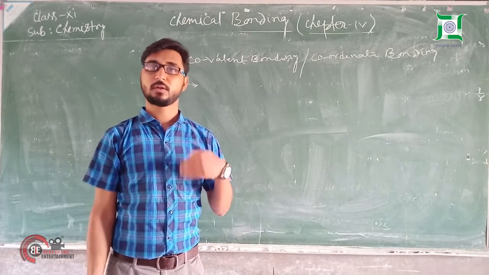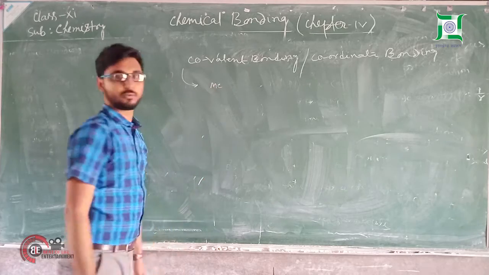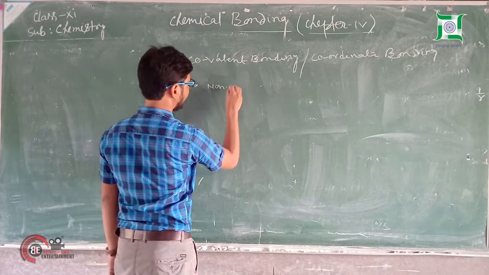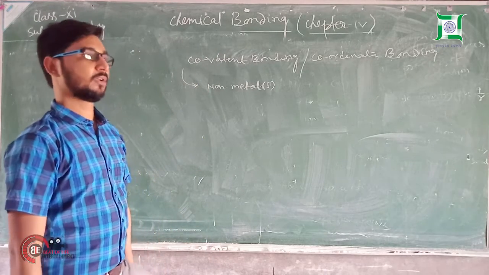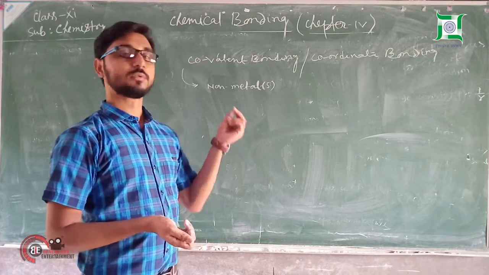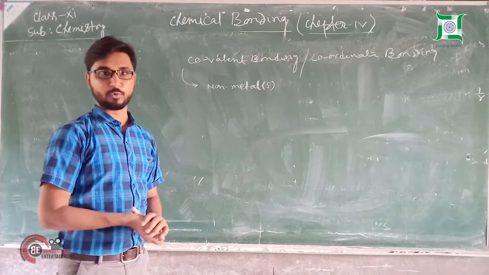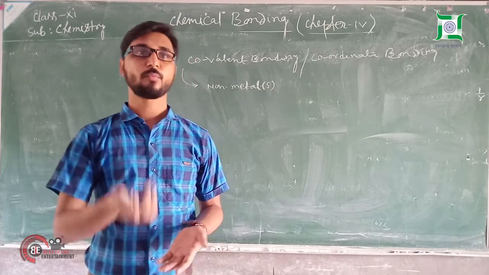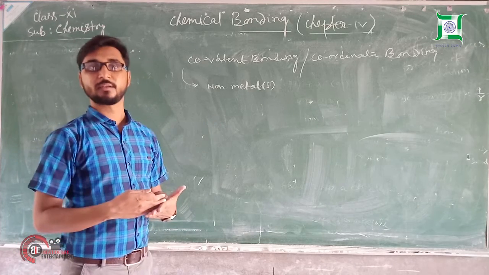कोवैलेंट बॉन्डिंग फॉर्मेशन होता है बिटवीन नॉन मेटल्स, और बोथ आर इलेक्ट्रोनेगेटिव इन नेचर। जैसे कि आयोनिक कंपाउंड में एक मेटल, एक नॉन मेटल होता है, और जो मेटल होते हैं दैट विल ट्रांसफर द इलेक्ट्रॉन पेयर कंप्लीटली टू द नॉन मेटल, बट इन कोवैलेंट बॉन्डिंग बीइंग बोथ एटम्स आर नॉन मेटल, there is not complete transfer of electron from one atom to another।